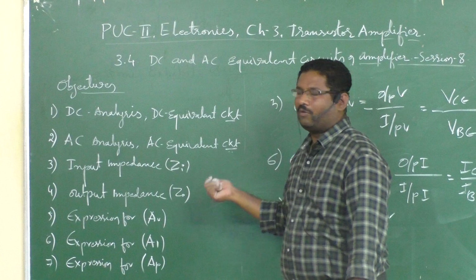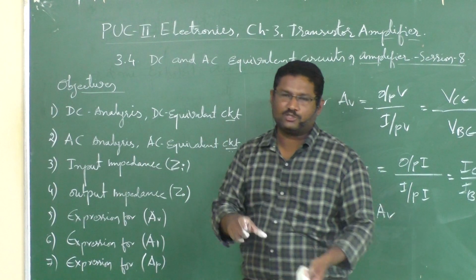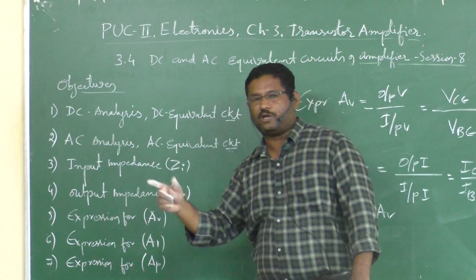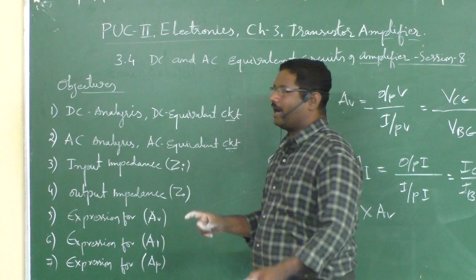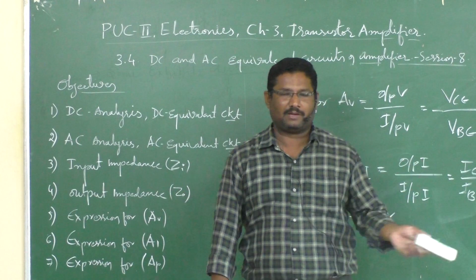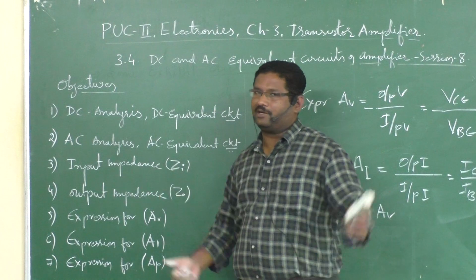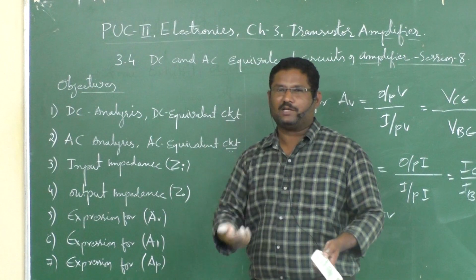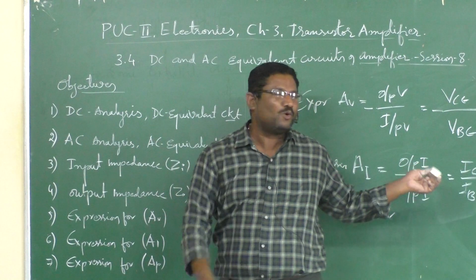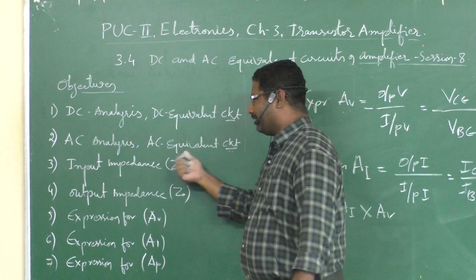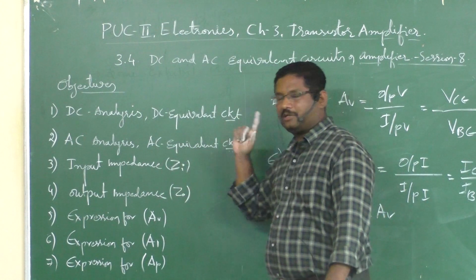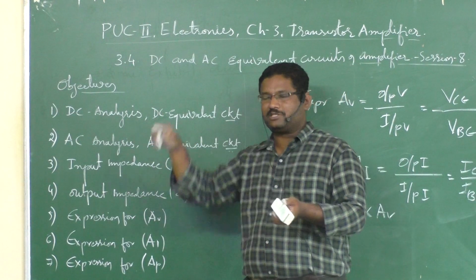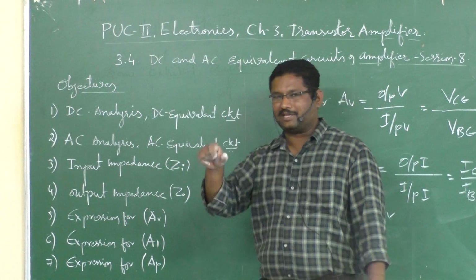And the AC analysis, what is the AC analysis? Short circuit the DC source and remove all the capacitors, C in, C out and CE. That we are removing, and whatever is left I have shown you very neatly. Step by step, if you have not followed, I hope all of you are here and listening to my voice. Otherwise you can rewind and recheck that. So condition number 1 is short circuit the DC source, not remove, short circuit, and number 2 is replace the capacitor with a short circuit.